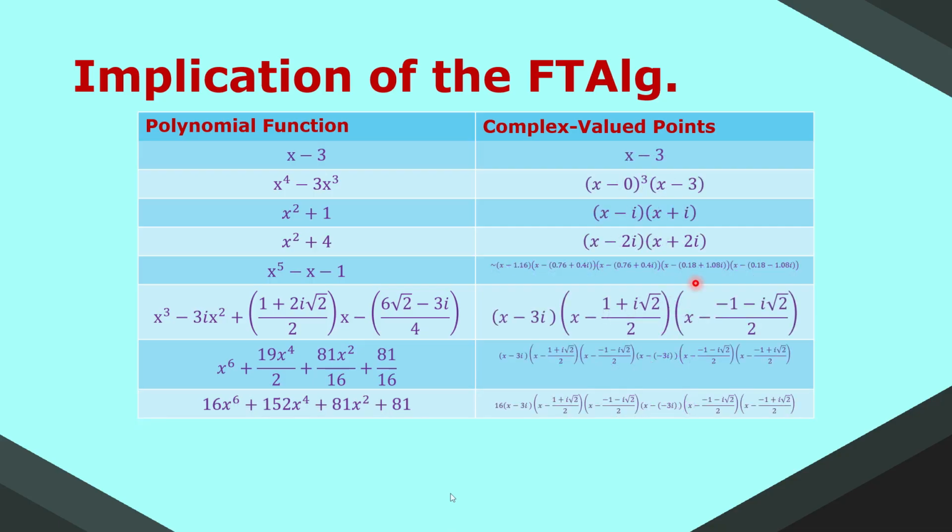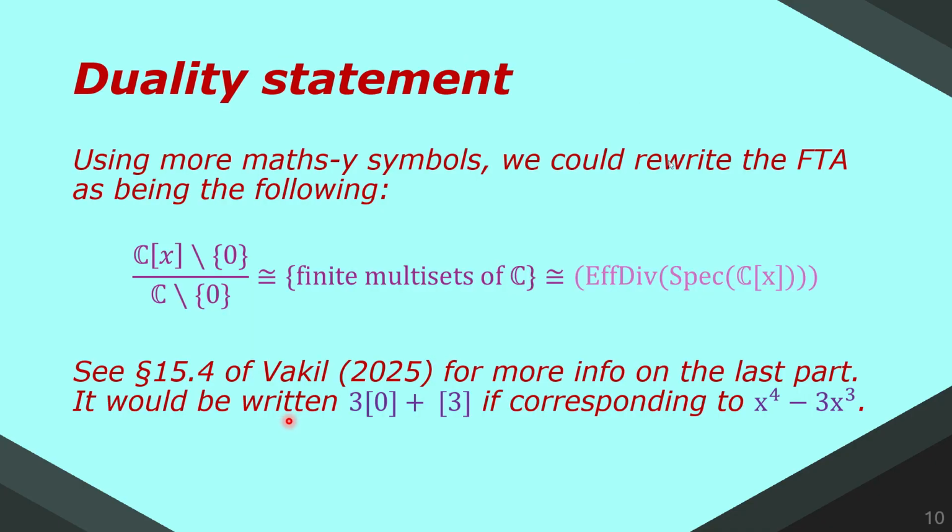and indeed, every single one of our polynomial functions may be rewritten in terms of linear factors, and these repeats become multiple repeated powers, I guess, or higher power versions. So we can move on to looking forward, which is using more mathsy symbols. This is what the FTA says,